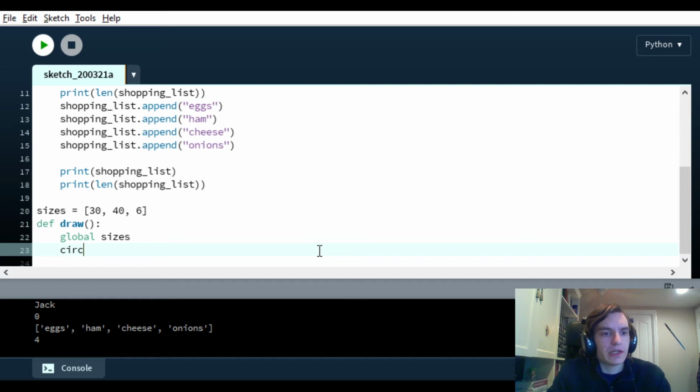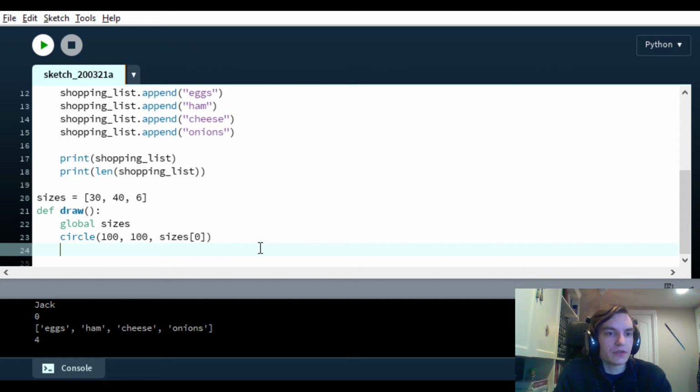So then if we draw a circle at 100, 100, sizes 0, right? So that's going to access the first element because we need to skip over 0 elements to get to that one. So it's going to use 30. I'm not sure if we've done it in slides before, but circle is a very simple function that just draws an ellipse with the same width and height, and that's whatever this last number is. So in this case, that size is 0.